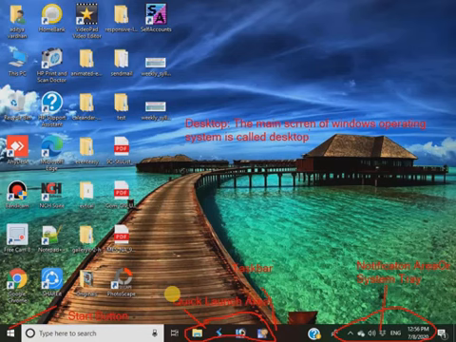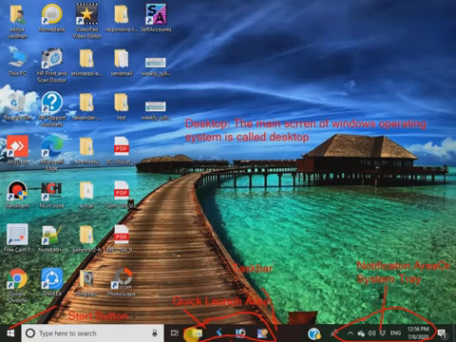Now I have to explain the general application of all these objects appearing on the desktop. The desktop is the main screen onto which the different icons and some other objects related to Windows appear. The notification area will contain the icons of those programs which are running in the background of the computer, supporting the basic activity of the computer. So this is called the notification area.